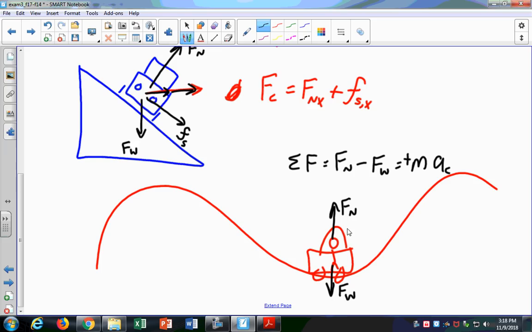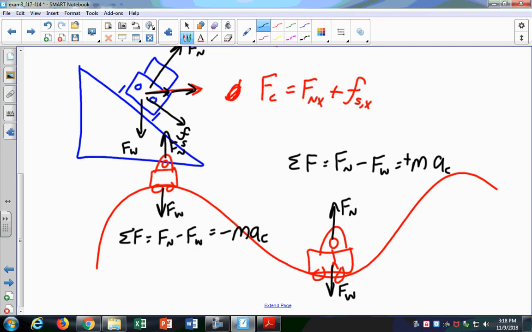But over here, I have a car. My forces are my normal force and my weight. The sum of the forces here is the same: the normal force minus the weight. But that's going to equal minus m a_c. Why is the centripetal acceleration negative? Here my centripetal acceleration is negative, and why is that? Because the centripetal force is always